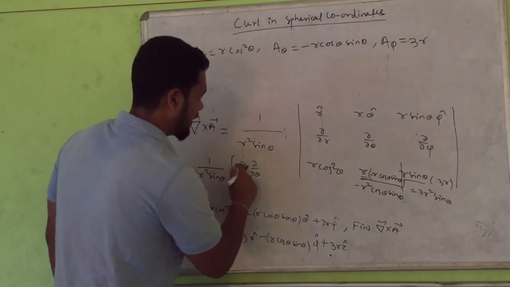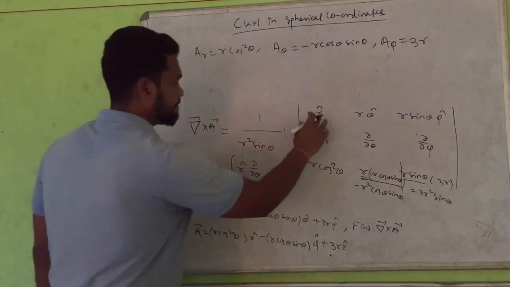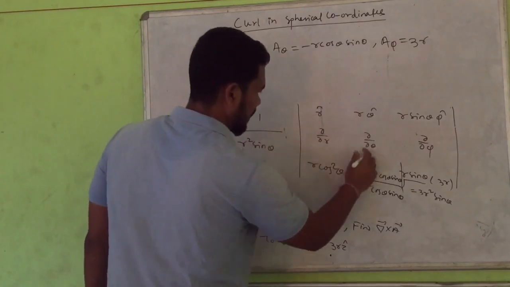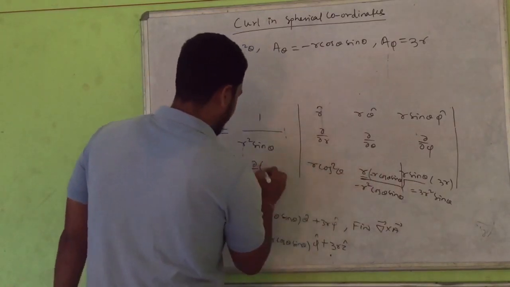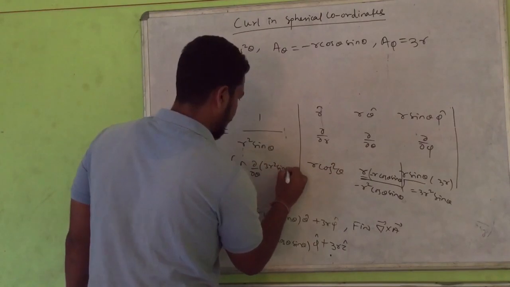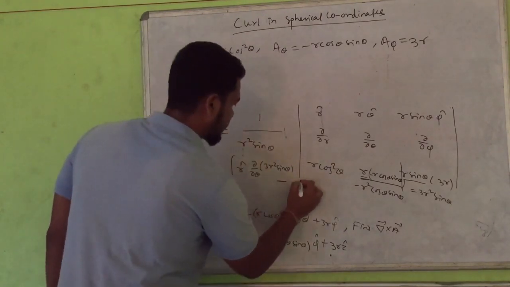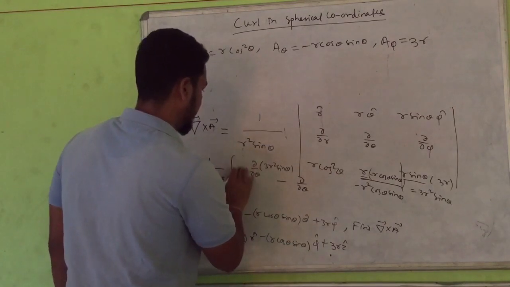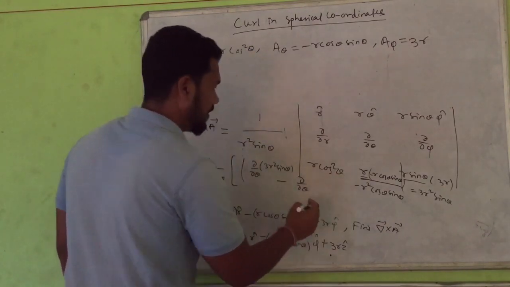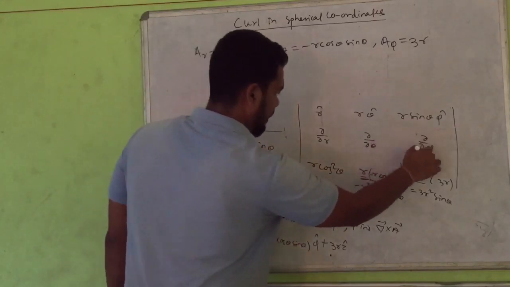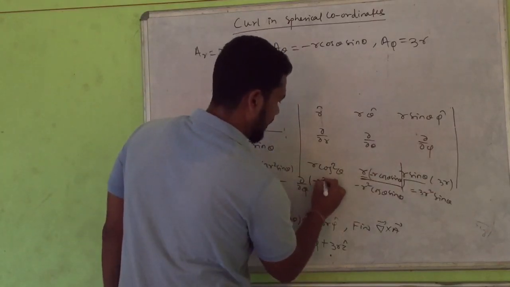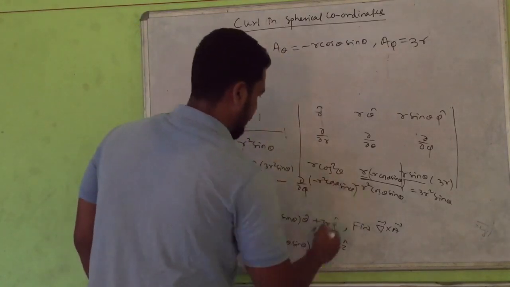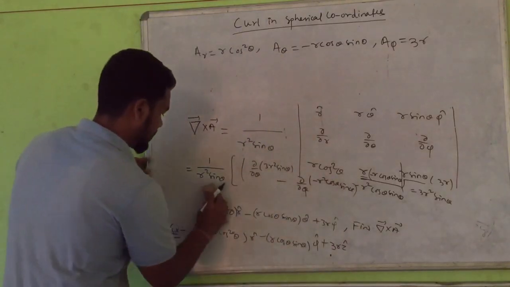Okay, so r cap del upon del theta of 3r square sin theta minus del upon del phi. So this r cap you can write outside, del upon del phi of minus r square cos theta sin theta. So this is the first term. So this problem I just erase it.